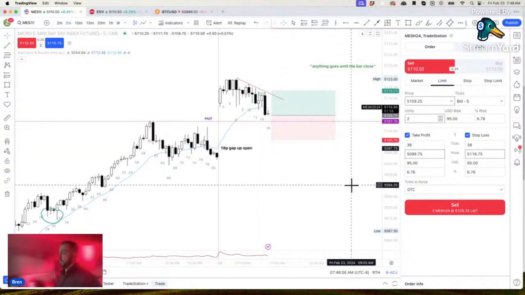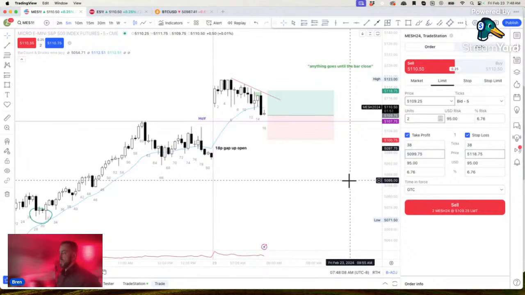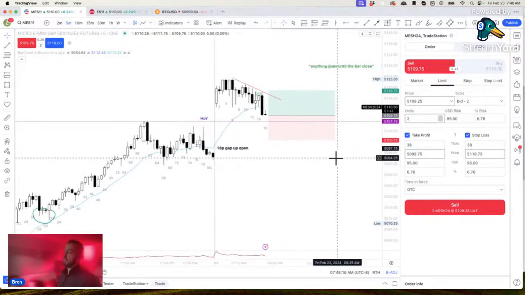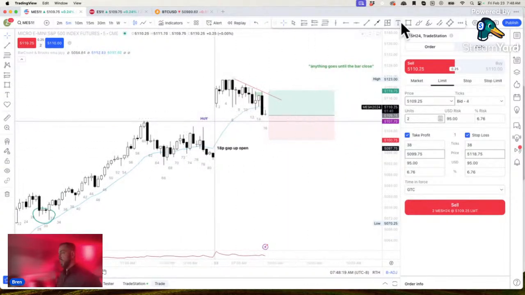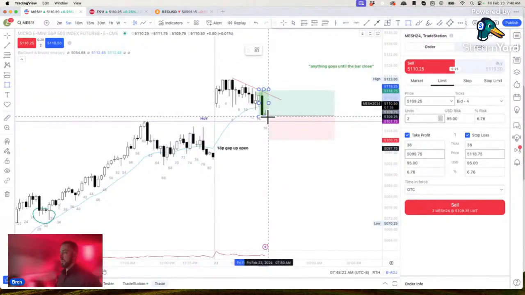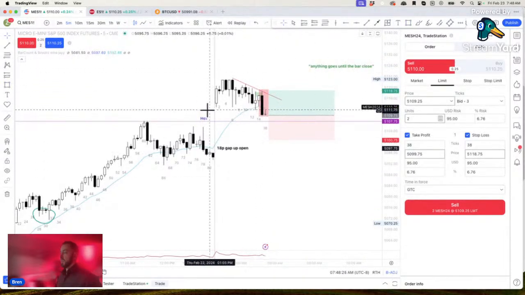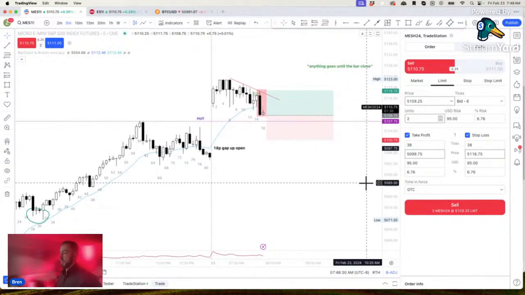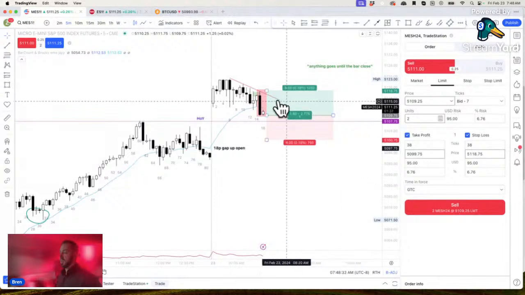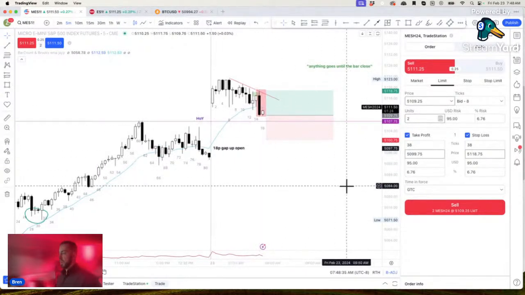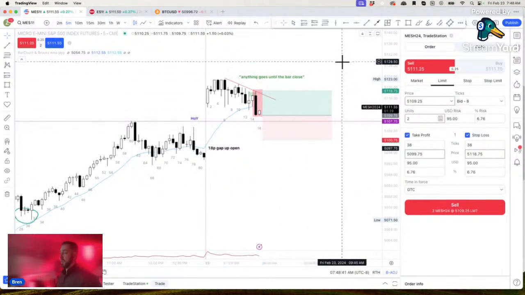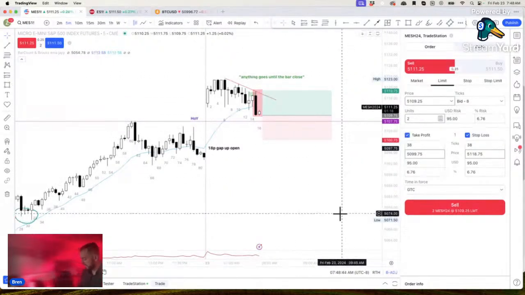not getting this push up here. Bears trying to push lower. Looks like they'll get the move, but I just don't expect it to go very far. Although, you know, this is a bear breakout. Why? Because we closed below all the bars to the left. But if the bears are confident, the bears are confident, right? If you're confident that the market's going lower, why aren't the bears selling? I mean, anything goes until the bar close. So we've got to wait a minute and 18 seconds, but